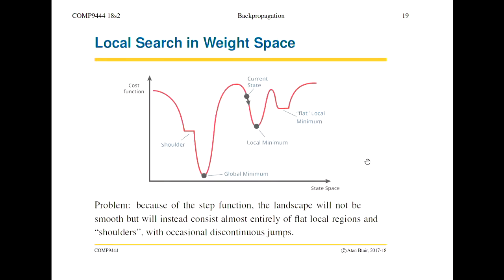So this is called a landscape. I'm moving around on this landscape, and I think about it as if I'm blindfolded, but I can take a step. When I take a step, it means that I'm making a small change to the weights. And you think about this error as the height. So I'm trying to find the place where the error is as small as possible.